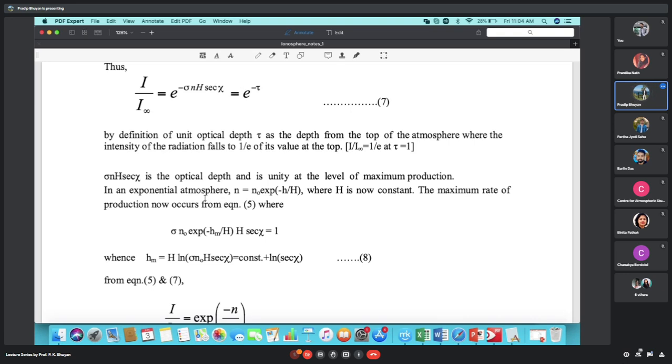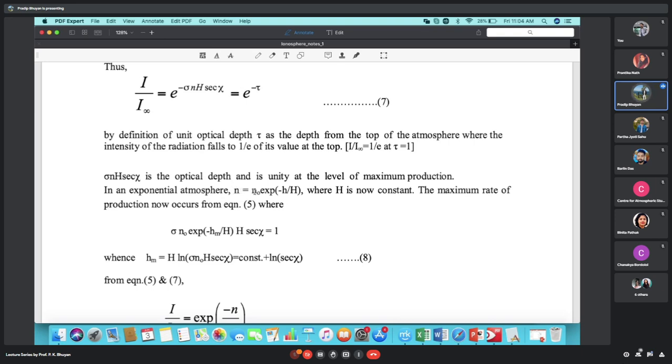We can assume that Chapman has, in his assumptions, one of these: the atmosphere is exponentially varying. Exponentially varying means either it increases or decreases. Exponentially it will decrease from a particular maximum. So if we consider it to be an exponential atmosphere, then the number density of the atoms and molecules